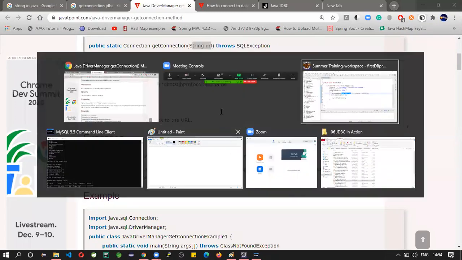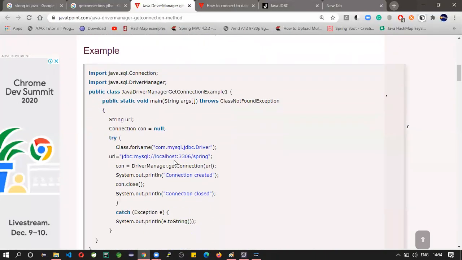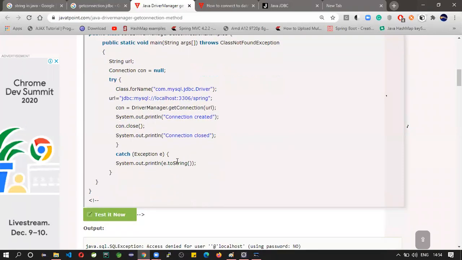See here, I may skip L. Like that. See here, the DriverManager.getConnection method will return a connection object. That's why we are handling it with con.